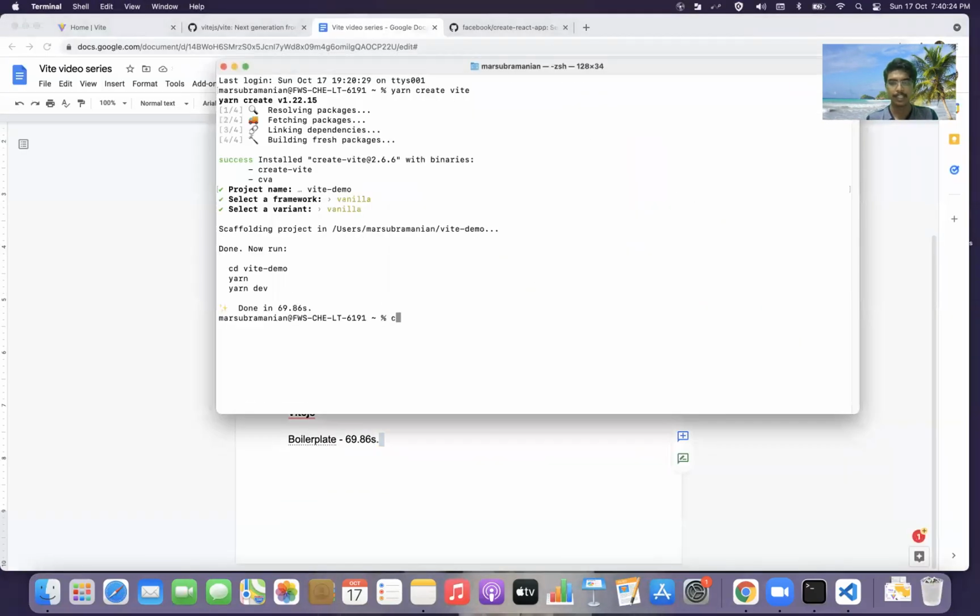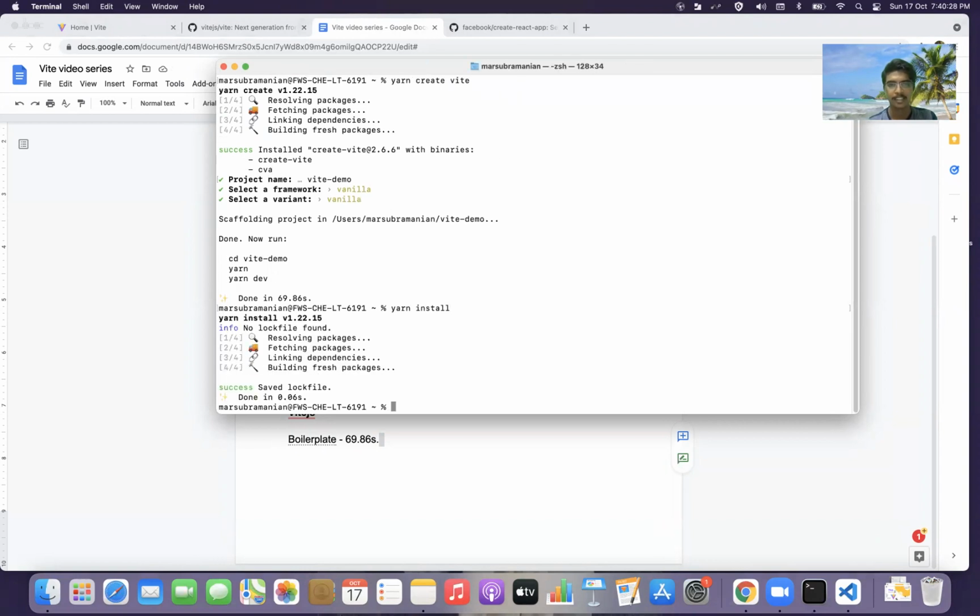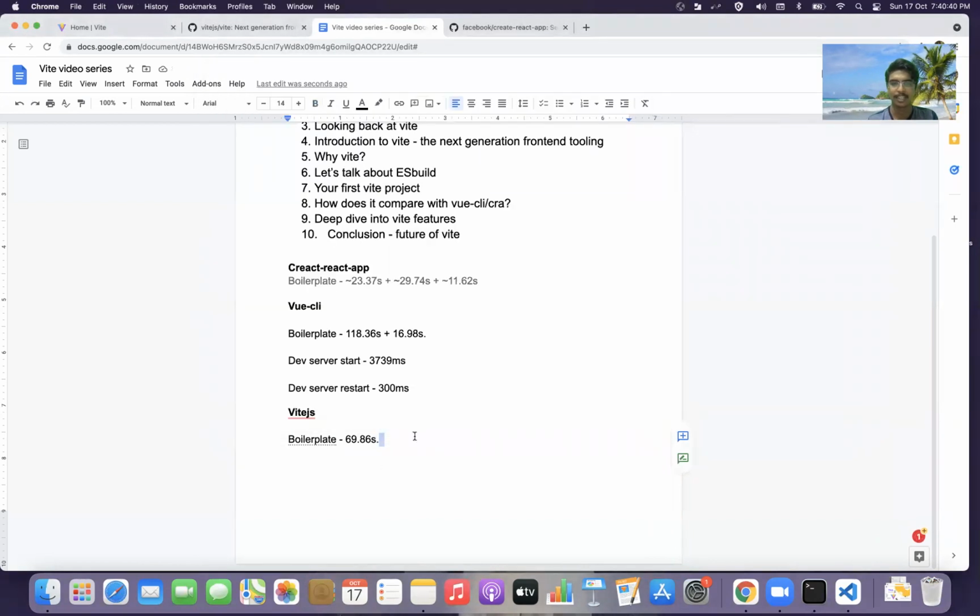Let's not clear the metrics, let's just do the install and see. It's done in a minute. It didn't take much time. Why? I'll get into this. It's because it downloads only one package. It finishes in 0.06 seconds. So this doesn't look like a major leap for us. Totally it's around 60, 70 seconds in general. For you, it can be even faster. I'm not sure.